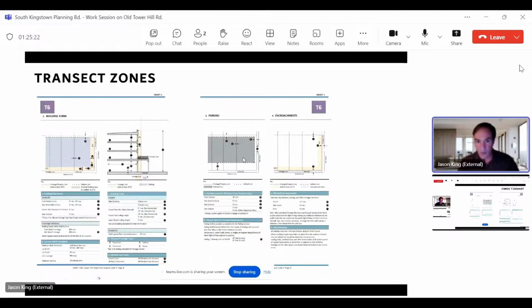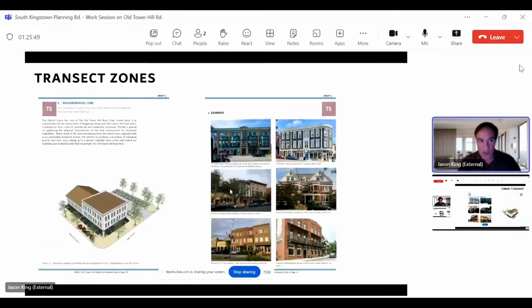Here's the part that says when you have parking, the parking area is set way back. Parking can no longer be in this white area. It has to be set way back from the main streets. In this case, it's 30 feet, so no parking allowed in the first 30 feet. If you don't do that, then you have what you have now, which is parking as the dominant visual image when you're driving down Tower Hill Road. Alright, so we'll get into some of these other ones in a second.